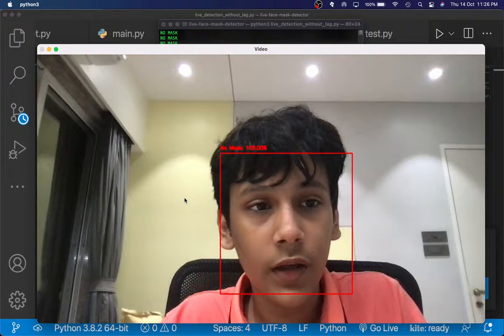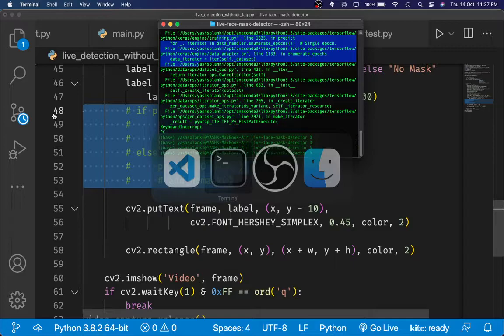Let me exit out of this real quick. Okay, why isn't it allowing me? Alright, and what I'm going to do is get rid of the print statements. So yeah, I'm just going to get rid of this code.